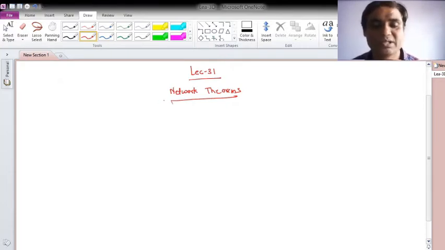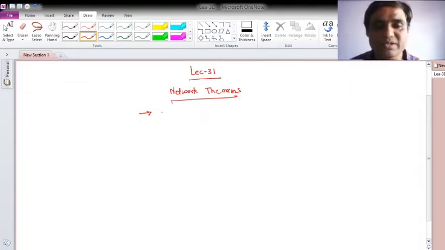The use is that basically the network theorems are generally used for the design of network during the circuit analysis. Okay, so basically network theorems will be used to simplify the complicated network, or again I will say if I'm interested to find out the current and voltage for particularly one branch, then network theorem will be very useful for it. So in this particular topic we will see 6 or 7 different types of theorems which are used for the circuit analysis.